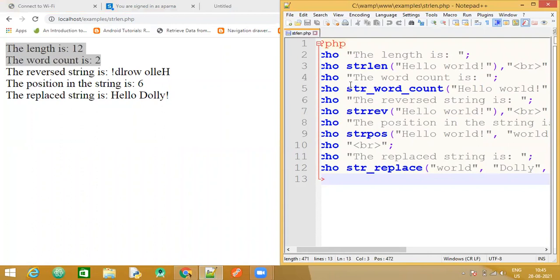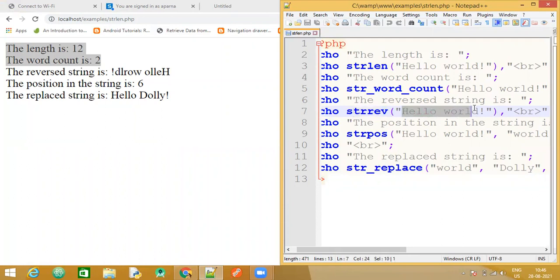Next, now let's go for the next one, that is the reversed string. So again, the function for this is strrev, but there is no space or no underscore. So you have strrev, which reverses the given string. So you can see here, this particular string is going to be reversed.